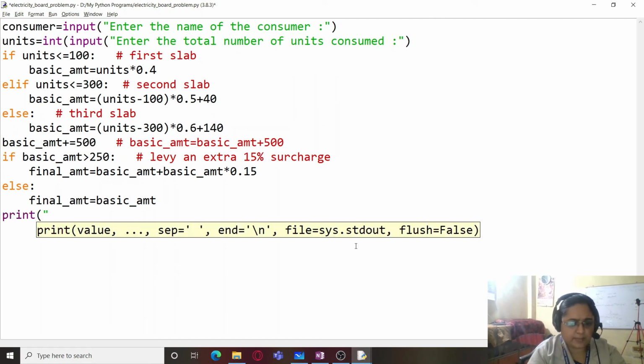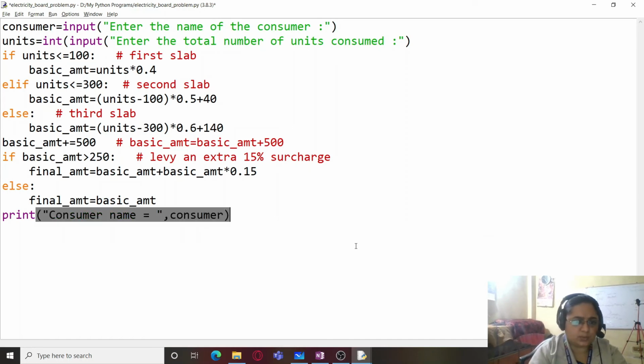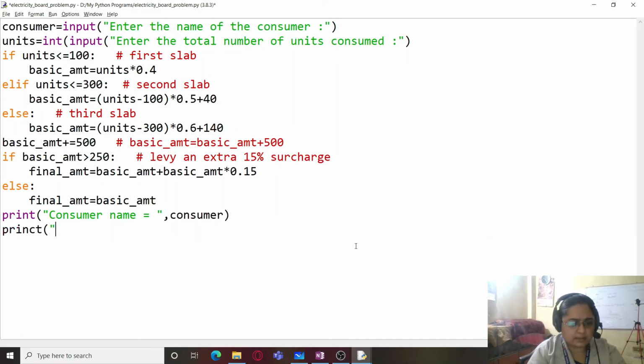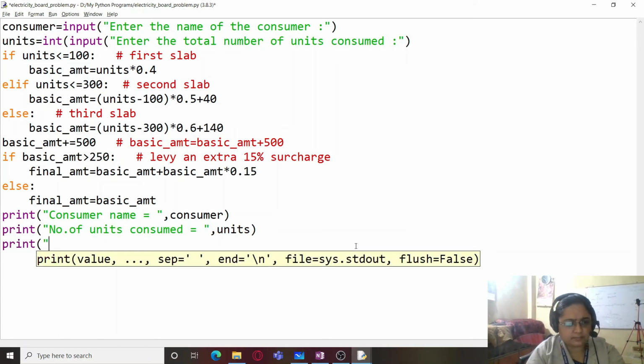So print consumer name equals, I will be writing simply consumer because I had taken consumer as the variable, and print number of units consumed, which is equal to units, and print final payable amount is equal to,